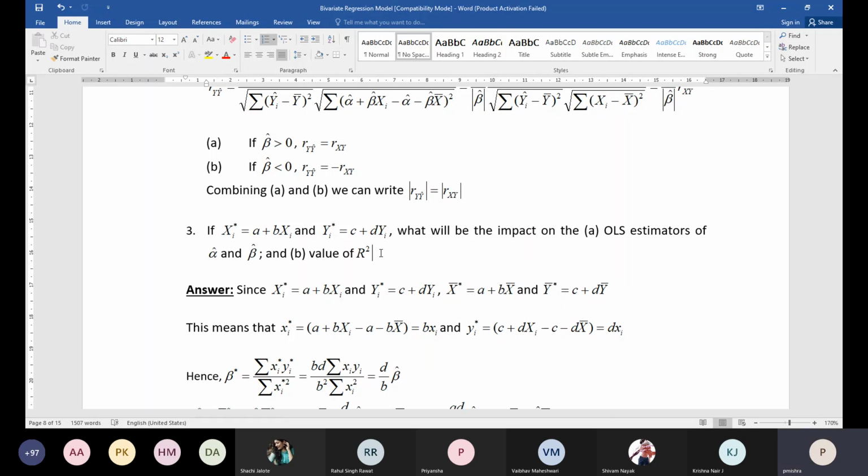I'll start with some distributions, like normal to standard normal, then chi-square, T and Z. Did you have discussion on this in the class on statistics for economics? No, sir, not on chi-square, T and Z.